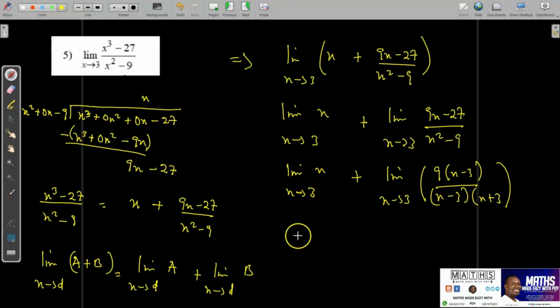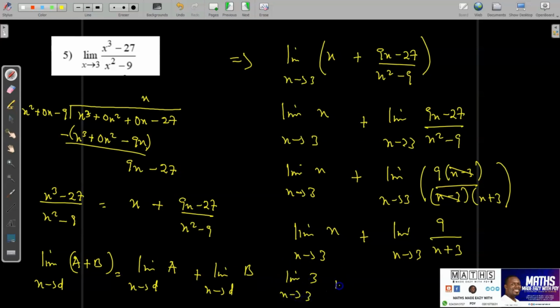So you keep on maintaining the limit of x as x approaches 3 plus this will be left with the limit of 9, because x minus 3 will do away with x minus 3 at the numerator. So the limit of 9 divided by x plus 3 as x approaches 3. So at this point, you can go ahead and do your substitution, and it will be the limit of 3 as x approaches 3 plus the limit of